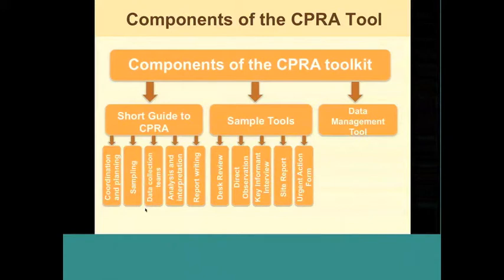So within the guide, it explains how every country that wants to do assessment needs to develop a standard operating procedure and use an urgent action form. There's an example of that within the sample tools. And then going back to the site report, I would call it a methodological innovation within this tool, which